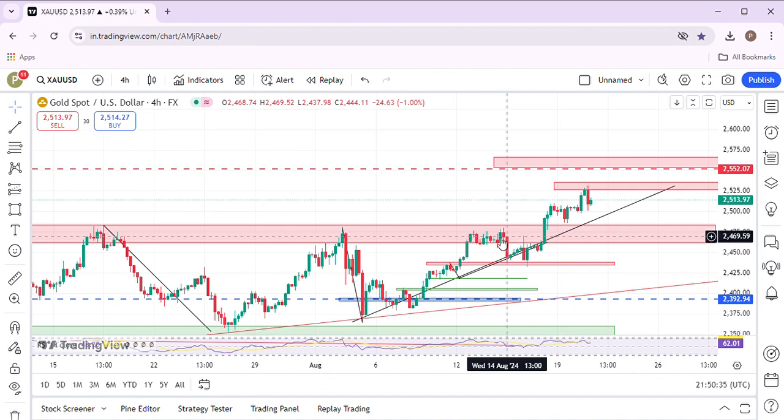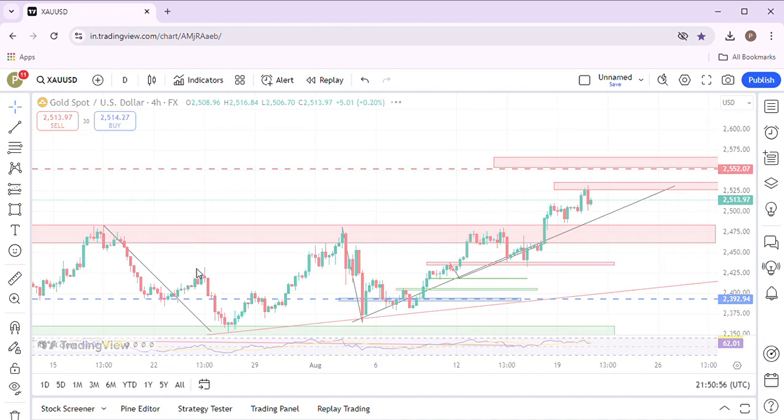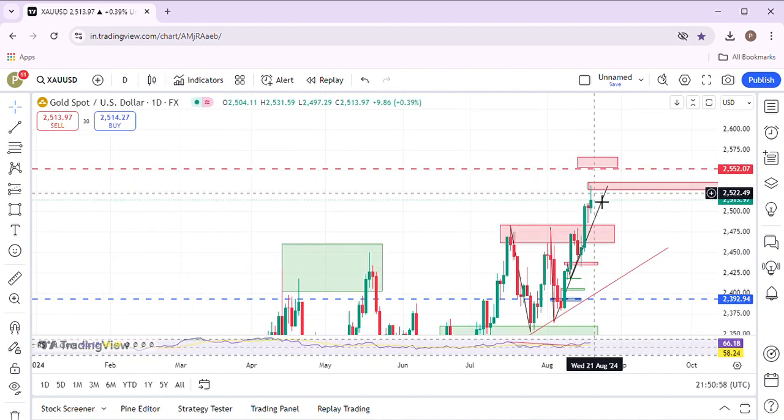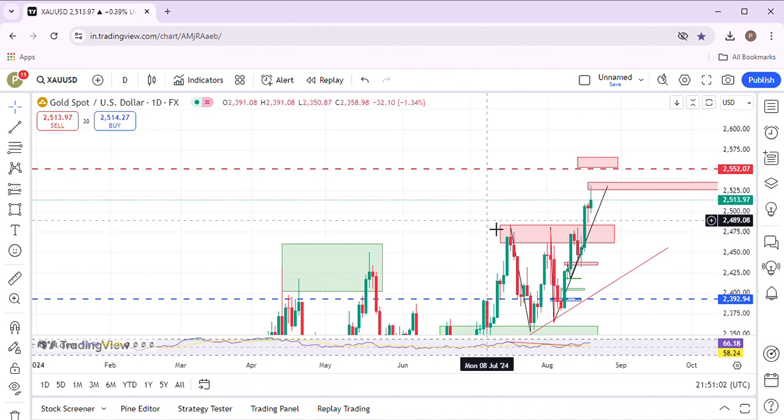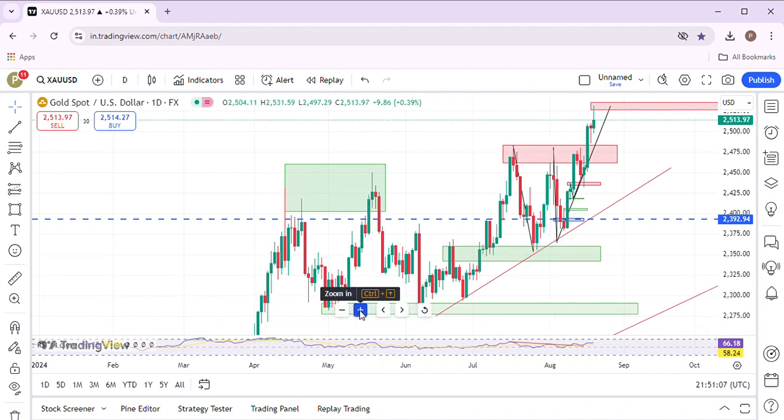And the main thing I want to tell you is that the market came back once again to this broken level, and this is what I want to draw your attention to: a level broken, retested, and it continued. On a daily time frame, we already knew that 2525 is one zone, right? Just have a look at it. And last week I picked the story all the way from right here. So it's a very nice setup, looking at the movement.